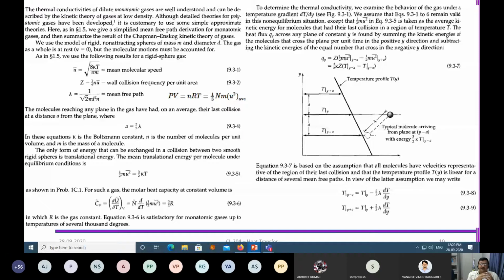Why am I telling this? This is very, very important for all of you. As you progress and appear for job interviews, say in the third or fourth year, these are the typical questions that are asked. Suppose you are asked, what is your favorite subject? If you say heat transfer, they will ask you the first question of a heat transfer book: what is Fourier's law of heat conduction? Once you are through with that, they will ask how you define the rate of heat flux, what thermal conductivity is, and what the temperature gradient is.